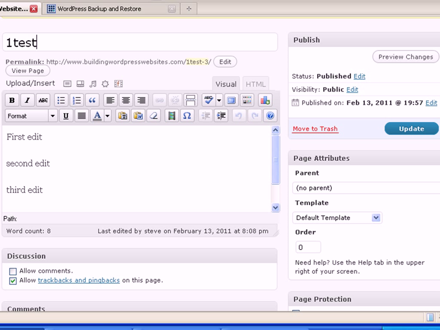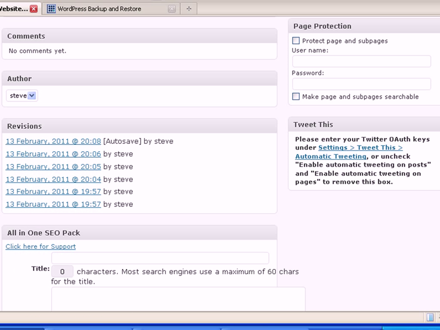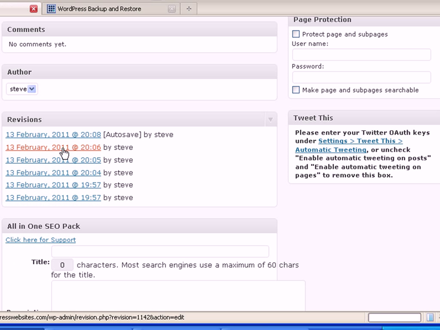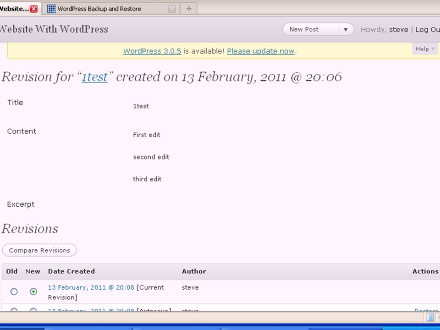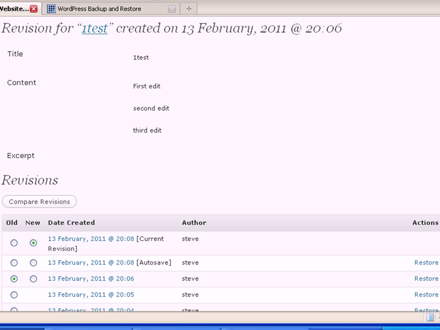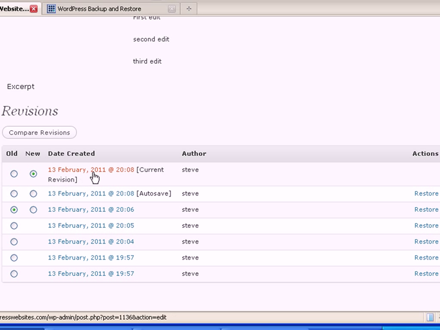Now, to go back to a previous version of the page or post, you just click on one of the revisions here, and it takes you to the revision module, and you can see the revision list. This is the current version of the document I'm working on, and this is the one I clicked on. Let's say I was thinking of going back to that one, so I can click there and restore it, but before I restore it, I really want to see what the difference is between these two revisions. So if I just click compare revisions,